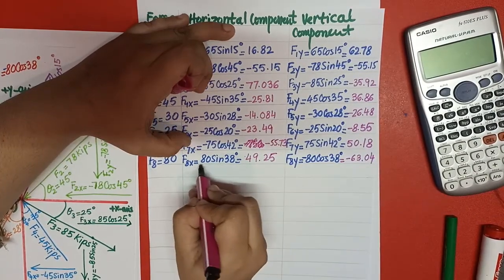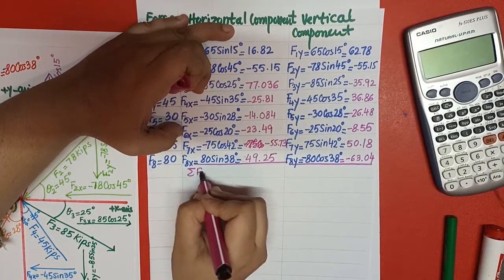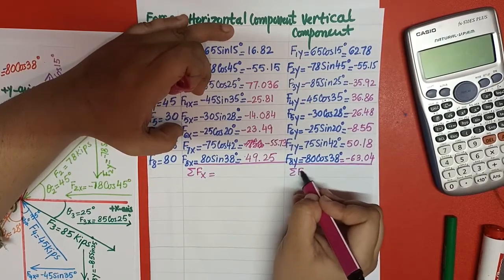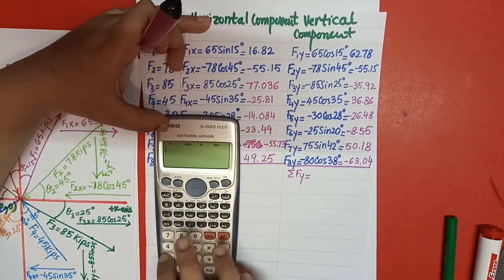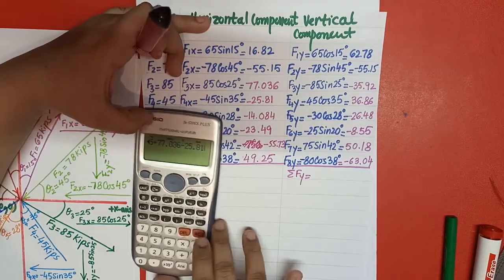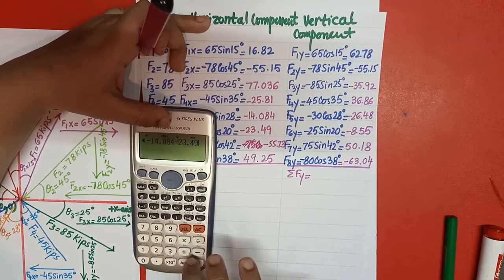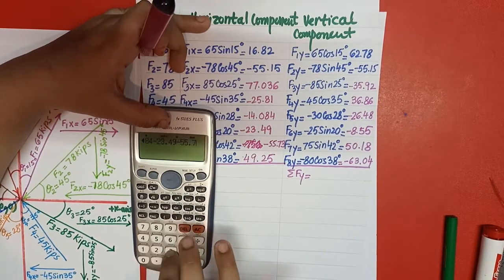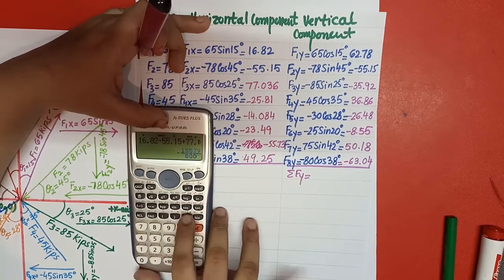So let me sum up. If I am going to sum up separately, this is the summation of fx and this should be the summation of fy. So what I have to do over here is add all these forces: 16.82 minus 55.15 plus 77.036 minus 25.81 minus 14.084 minus 23.49 minus 55.73, and then you have to add 49.25. You will get the answer, that is